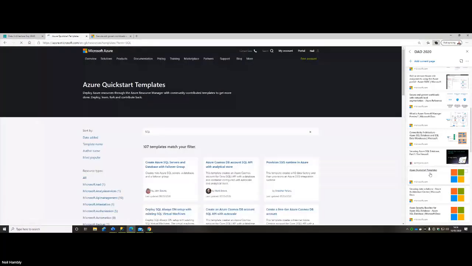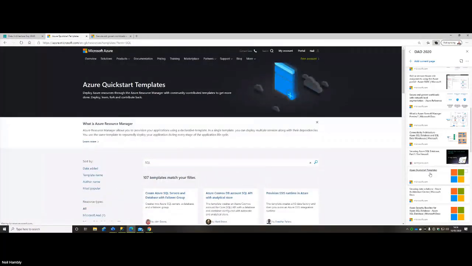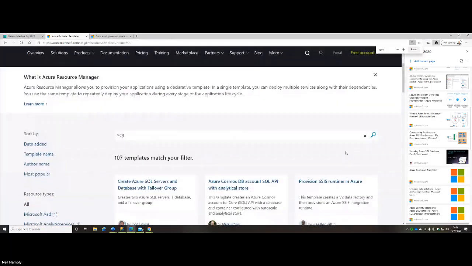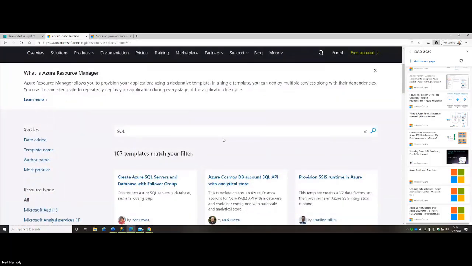One of the things I often get when I'm teaching these courses is, how do I get started with all this? There's lots to learn, Neil, lots of things to remember. And you're correct, there is. So there's something called the Azure QuickStart Templates that I find really useful to showcase an ARM template, an Azure Resource Manager template, essentially a set of JSON scripts that control what you're deploying.